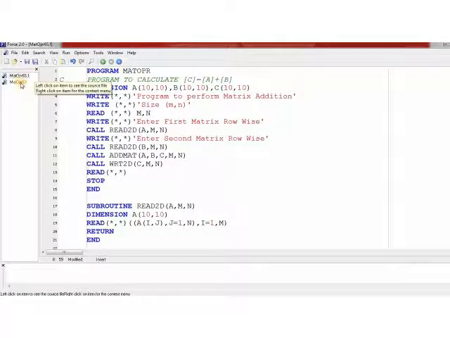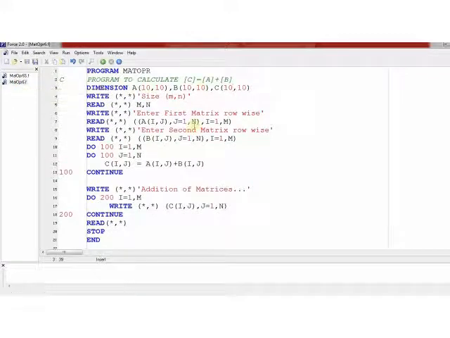So let us come back to this program which uses a main program and no subprograms. This program has been written for calculating C, where C is A plus B. We have seen already that it works properly. But let's say I want to modify this program for calculating x, which is the sum of y and z.